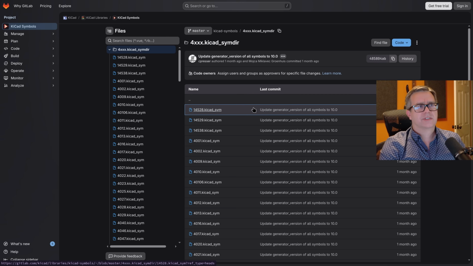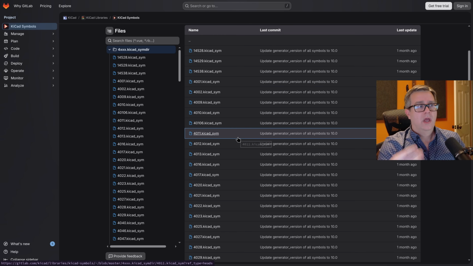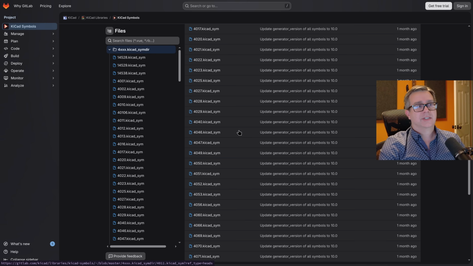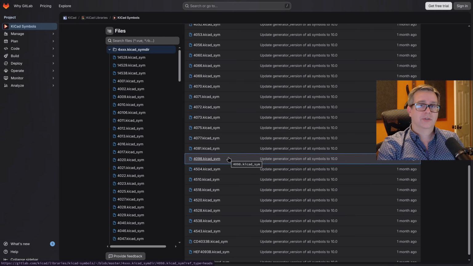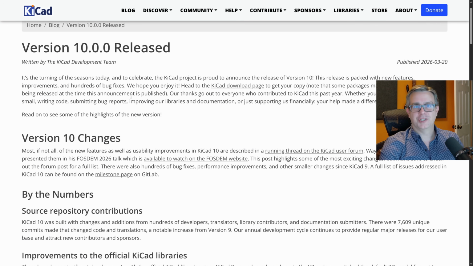So this is just going to make managing symbols for me a lot easier because now if I get a new part that I need a symbol for, I don't have to go into the symbol editor and manually add it to a symbol library. I can just add that symbol file into a directory and it's just automatically going to be associated with that library. I found it kind of odd that that's not mentioned in their version announcement anywhere because it's actually an